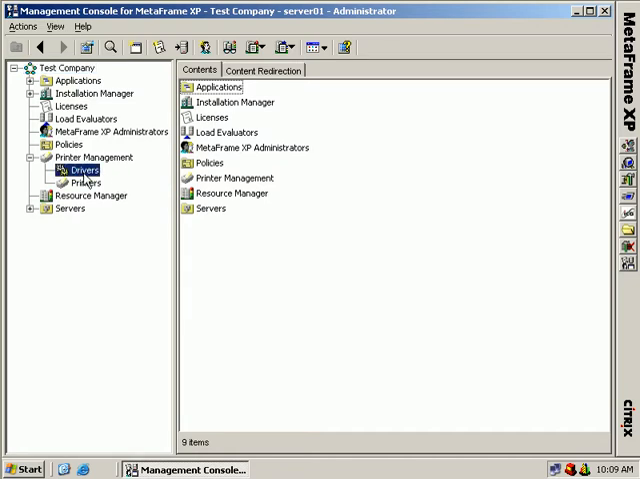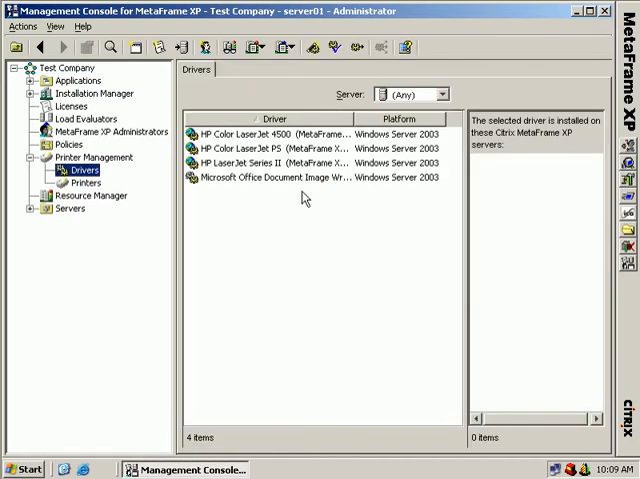Now if we click on drivers, we can see that we do have a couple of default drivers already installed. Okay, so let's say we're going to be installing a new printer tomorrow and we need to let our Citrix users be able to print to this new printer. Now the first thing we can do is to install the driver. Now it's important to understand that we don't actually install the driver through Citrix, but through our normal Windows printer